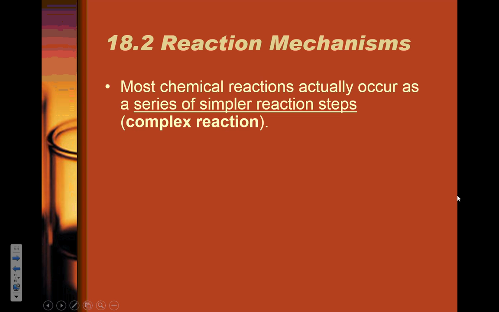Collision theory says we have to have a collision to have a reaction. So when we have a reaction that looks like this, two NOs plus two H2s make N2 plus two H2Os, what this is really implying on the surface is that we have four particles simultaneously colliding with each other when this reaction occurs. And while it is likely that one particle might have enough energy to decompose, or two particles may collide with each other, anything beyond two things simultaneously colliding at the exact same instant in time is getting